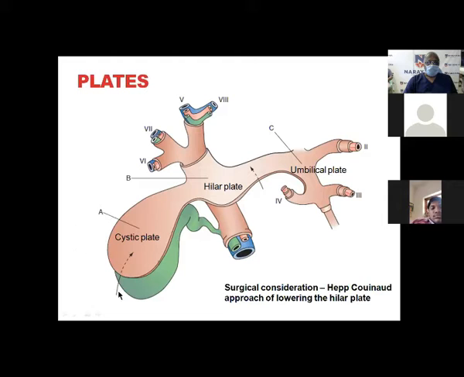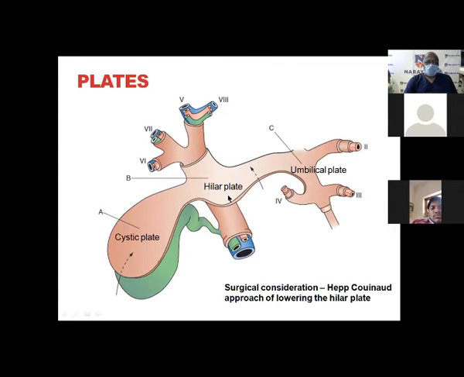Now, we should know there are plates which contain fibrous tissue, which are avascular in nature, usually helpful in the hilar area. You will have to bring down the hilar plate, then you will get these individual structures, which are very useful in cases where you want to do a hepatectomy. There is a continuation of this. On the right side is the cystic plate where the gallbladder fossa is, and on the left side is the umbilical plate.